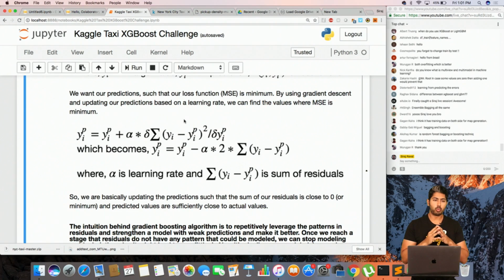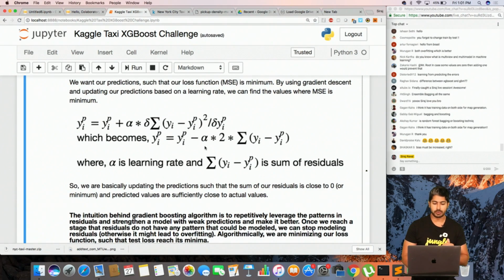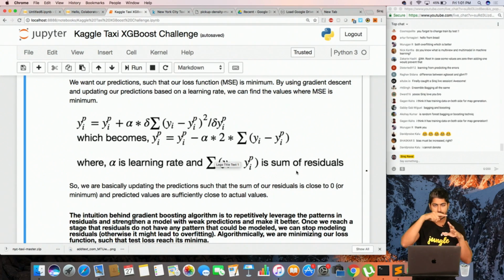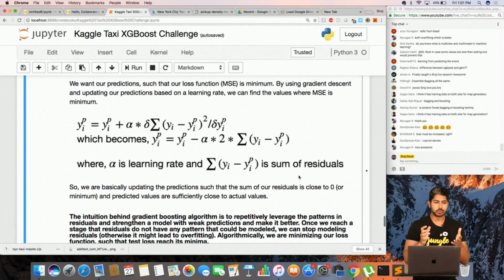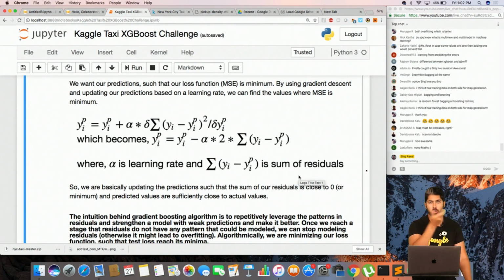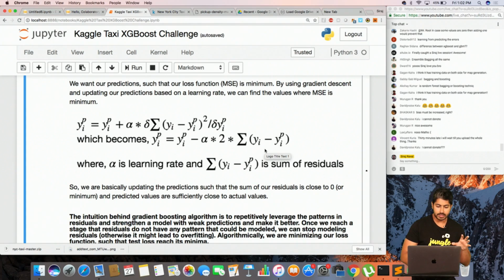We need a loss function to train any model. If we look at this loss function here, we'll see that it's actually very simple. It looks complicated, but it's not. Let's segment this out. See the sigma, that E-looking thing? Let's think about that part alone. It's the sum of our errors. Our error values are the difference between our prediction and our actual label, and we can find the difference for all of them. Sigma means sum all of your errors up together. So that's this part right here.